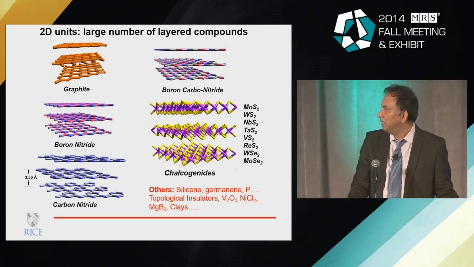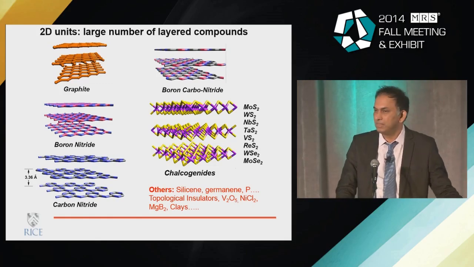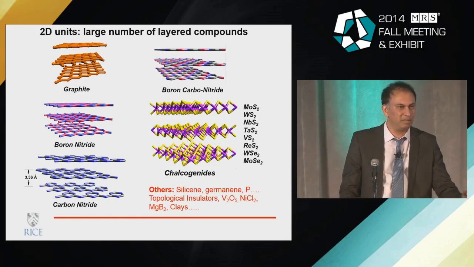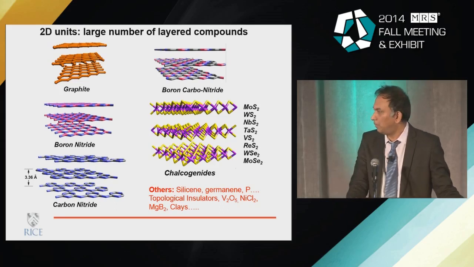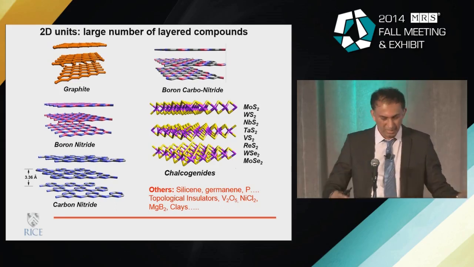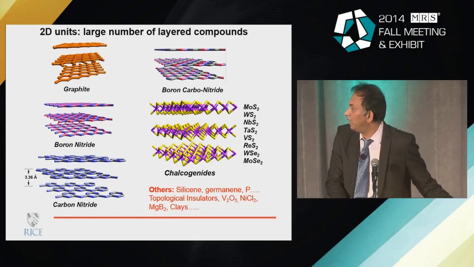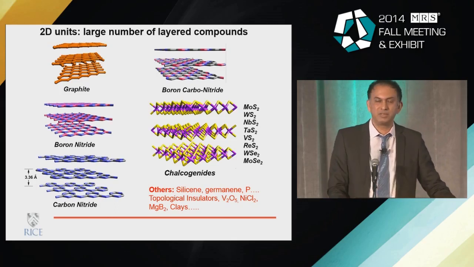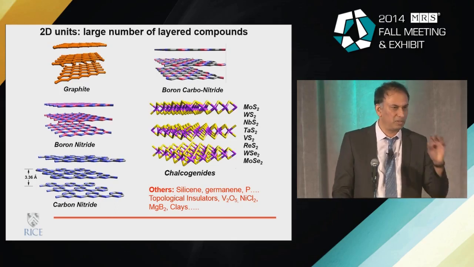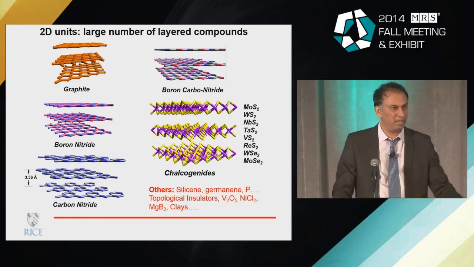And these are interesting materials because they are very well bonded within the plane. They're very stiff materials. Most of the time, all the bonds are satisfied within the plane. But the interlayer spacings are rather large. The interlayer interactions are pretty weak. So you are in a position to actually pick and play with these individual layers that make up these layered structures. And that has been the real story behind graphene.